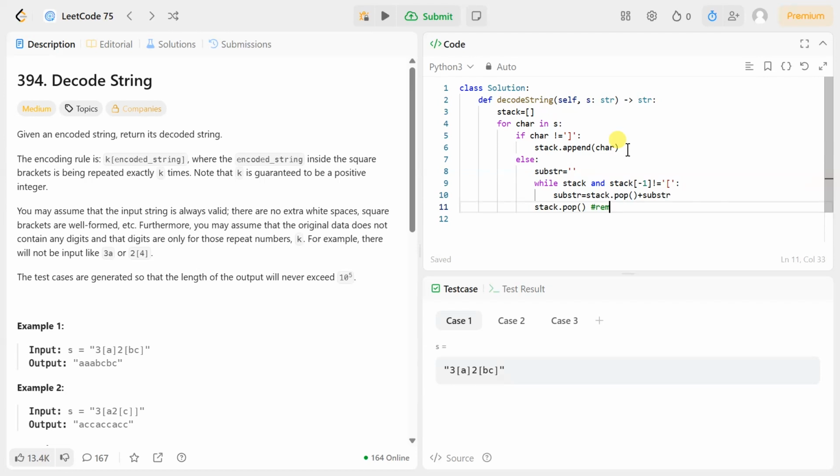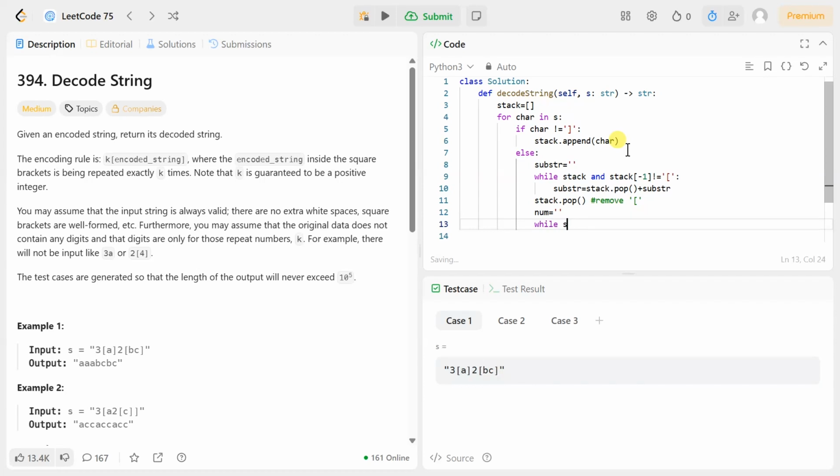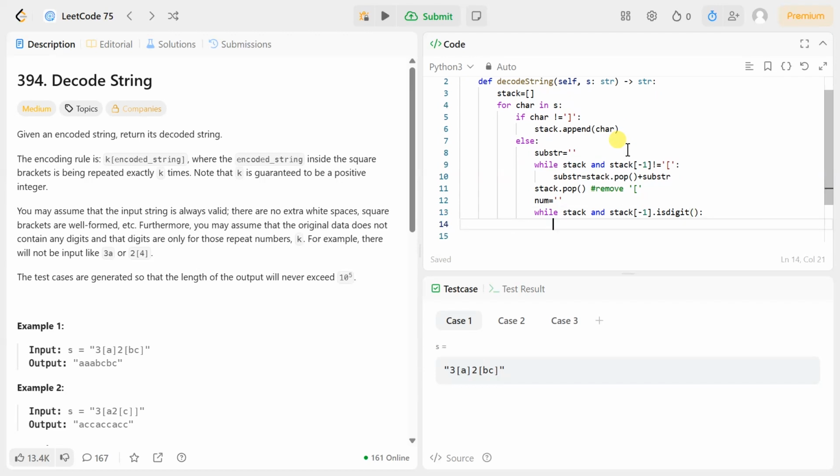Let me define it, remove left sub, okay, and then we will have to get the number. So to get the number, we will define a blank value for this number, and then while stack and the top element of the stack is digit, then we will pop the last element, stack.pop()